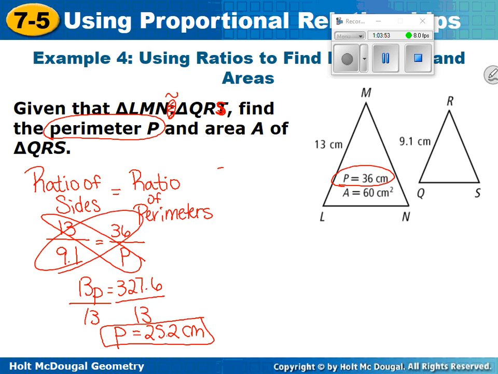Okay, now we have to do the area. So now we're going to find the area, and again, we don't have enough information to just calculate it, but we can use this concept that the ratios have a relationship. This time it's different. The ratio of the areas